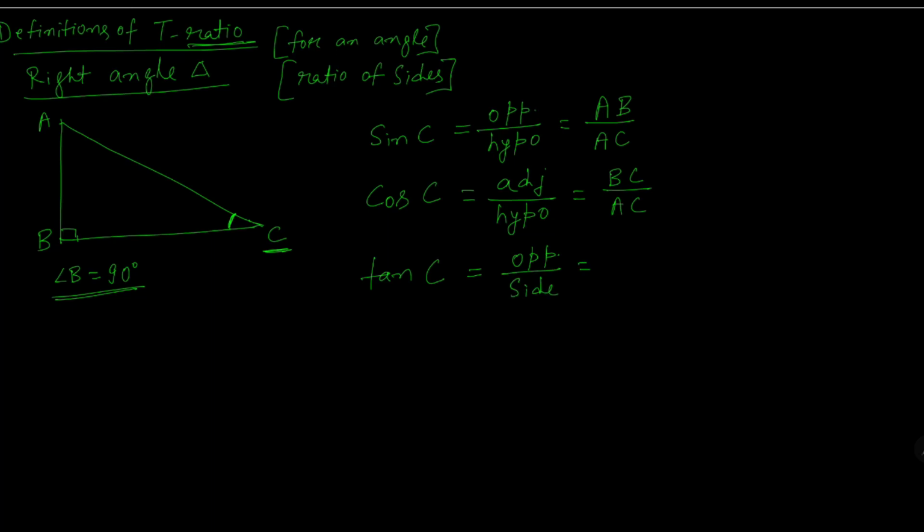So for angle C, opposite side is AB and adjacent side is BC, right? The next one is